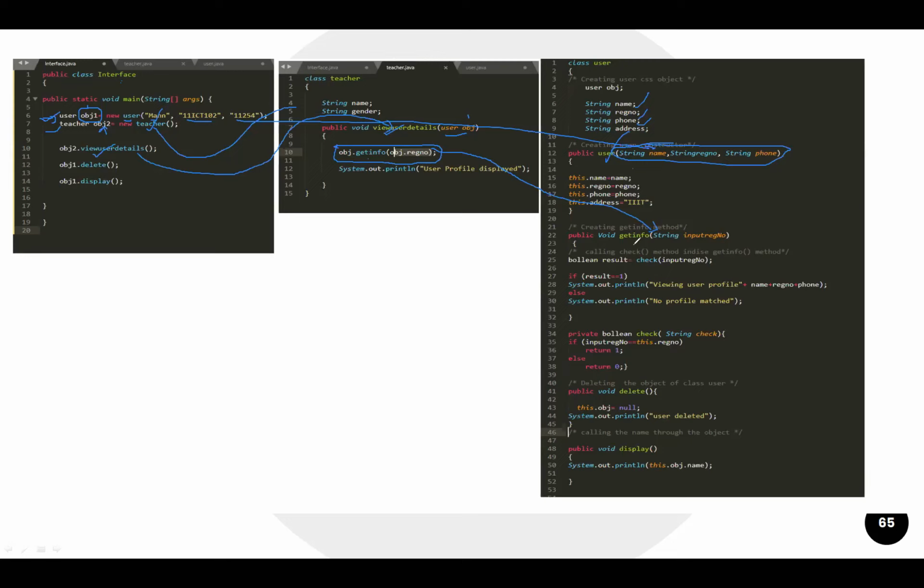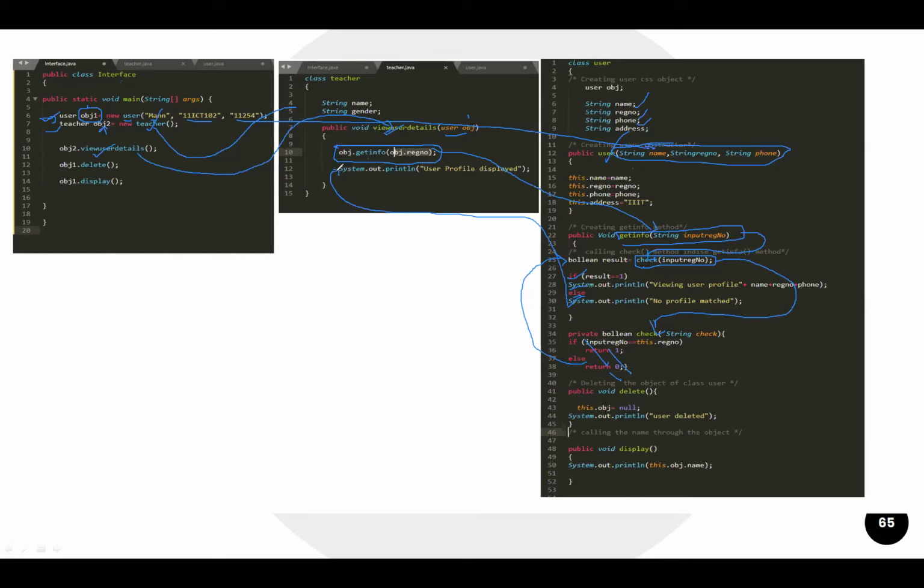And then when this get info is executed, we enter into this, then this check method is encountered here. When this check method is encountered, it is going to come to this particular method here and finish its logic, and then again it is going to return back at this particular point. Now after this we are going to execute this line, this line, this line, and this line. And after finishing all these things, where are we going to return? We are going to return to this System.out.println.